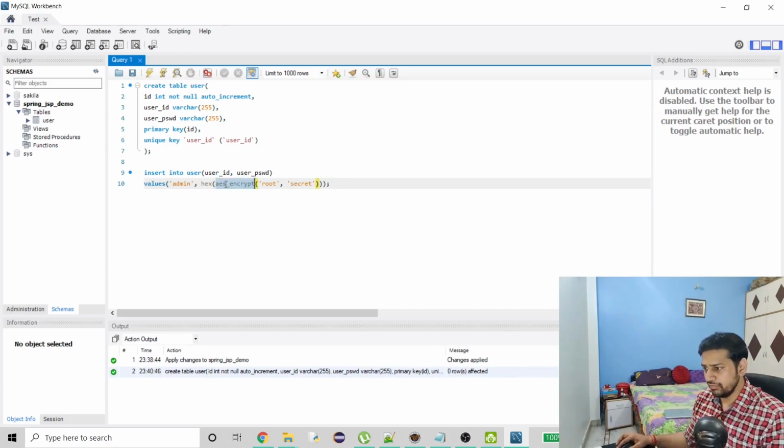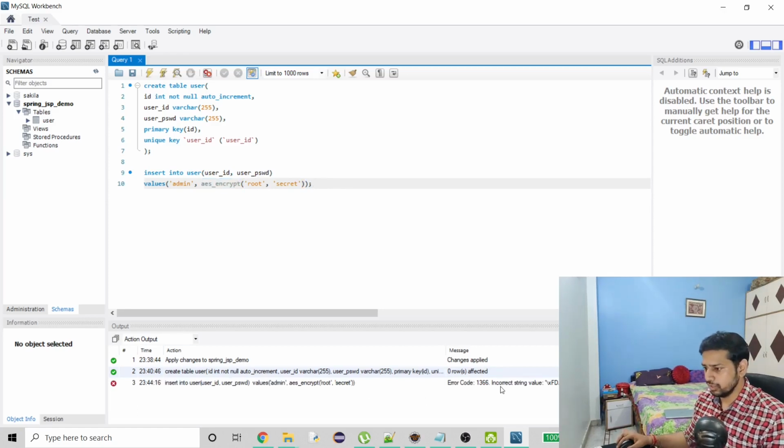Here we have used the AES encrypt function. For decryption we will use the AES decrypt function. If you want to know more about these algorithms or functions, Google it, you will see a lot of information. So when I execute it without hex, what happens? This doesn't happen for a lot of users, and I have already worked with AES encrypt before without hex and it was working fine for me, but now it is not.